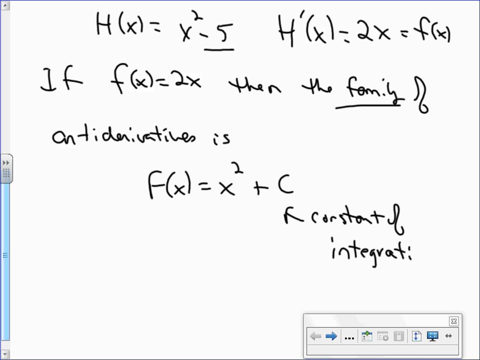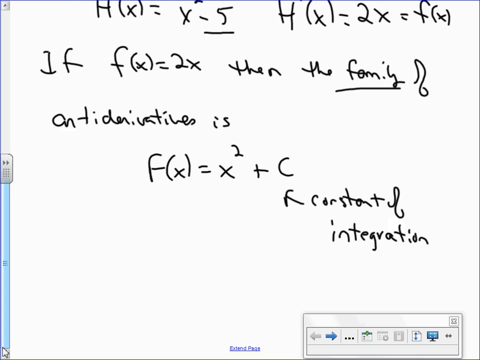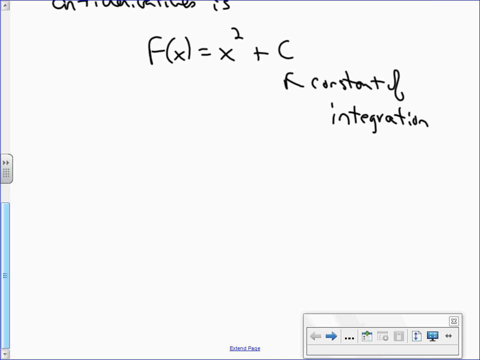That's a new word, integration. There are two different words for what we're doing. One is called antiderivative, and one is called integration. We're going to go back and forth between those two words. Okay? So that's your basic idea. We learned how to take a function and find its derivative. We're now going to take a function and find its antiderivative. So let's take a look at a couple of